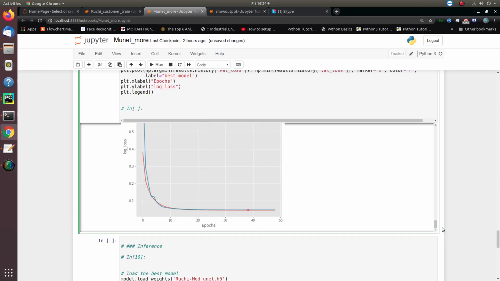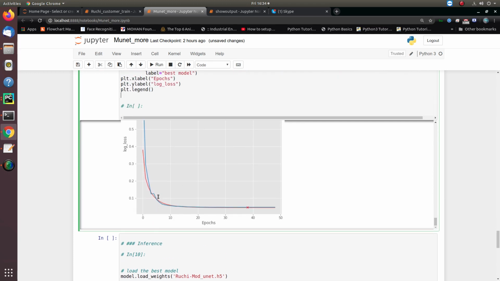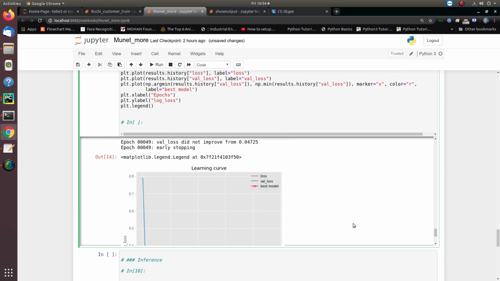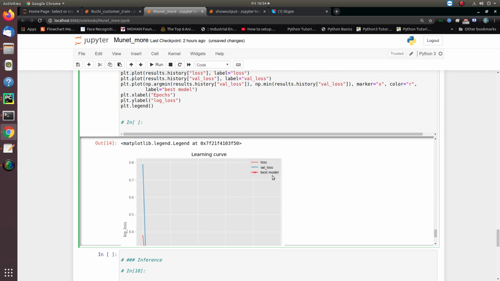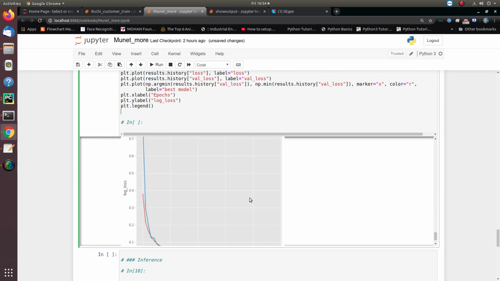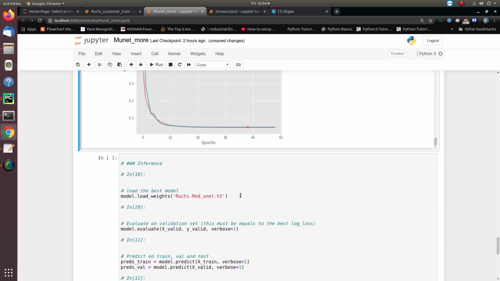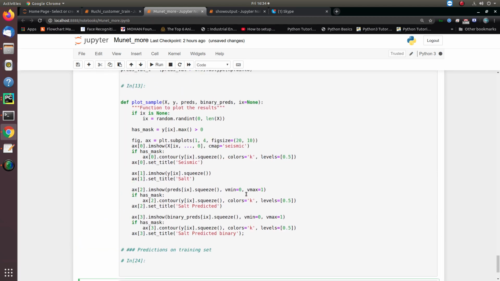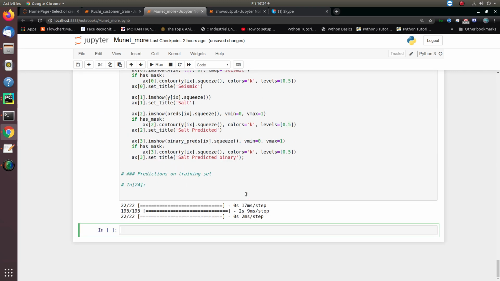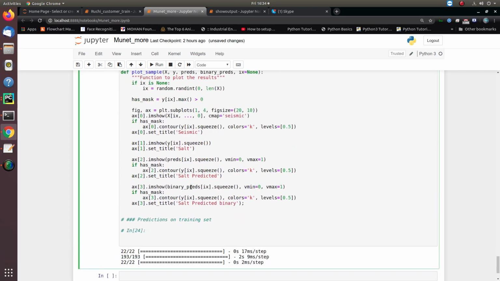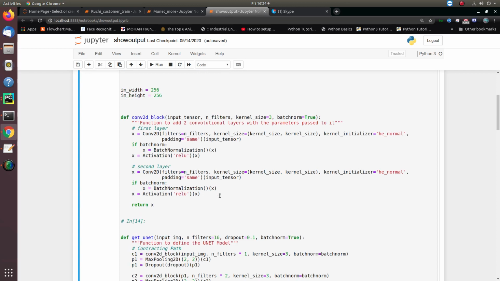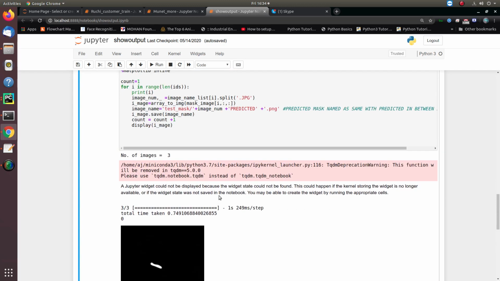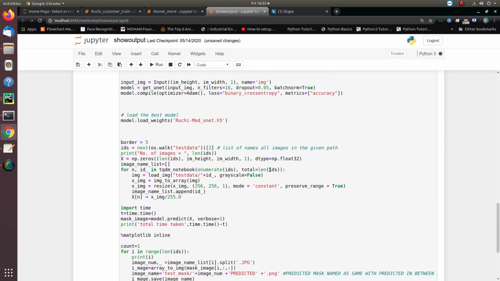So guys, my training is completed. As you can see here, the loss keeps on improving from the first epoch until epoch 38. This is the optimum loss value we achieved, the learning curve, and the best model is being saved automatically at this point. So now let's see how the validations will be performed. For validation, I created a separate script which loads the model and shows you the output corresponding to input images.